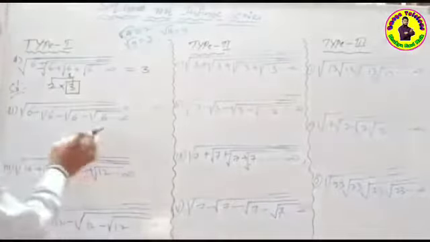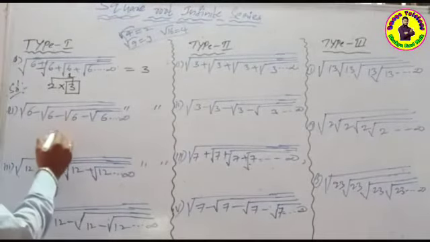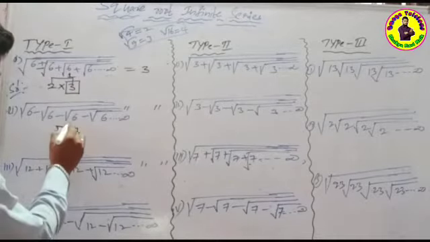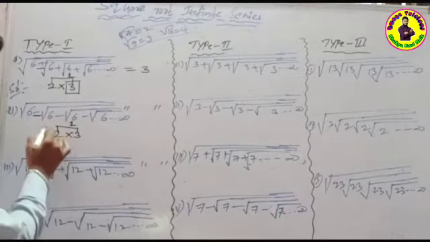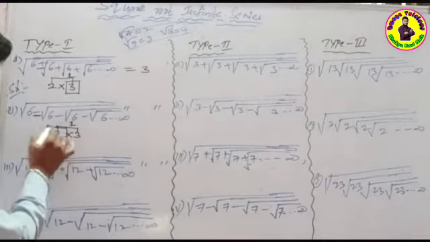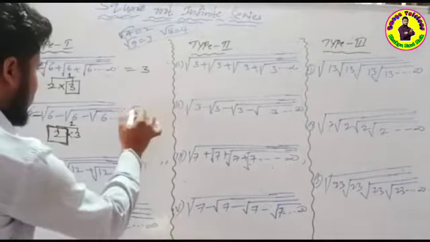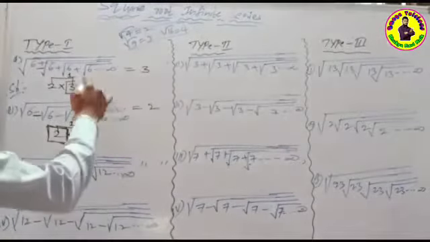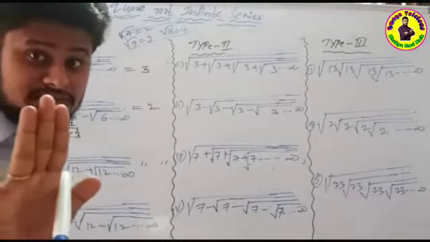The same here, but here a negative sign is there. So how to do it? Same: 2 times 3 is 6, and the difference is 100% 1. But here the negative sign is given, so we should take the smaller number of the multiplication. The smaller number is 2, so the answer is directly 2. Understood? Whatever may be given like this, if plus is given, take the bigger number of the multiplication. Their difference must be 1.